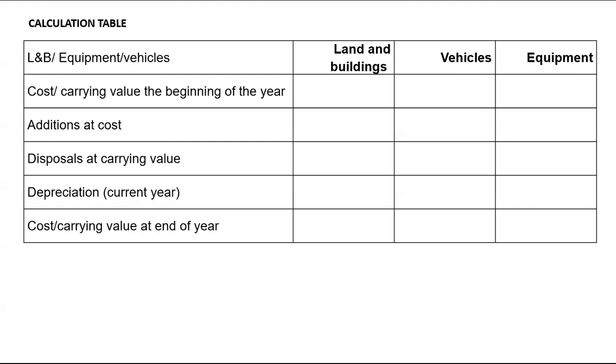I will start with my land and buildings. Land and buildings at the beginning of the year, you will have noticed, was 1,329,120. We don't have additions at cost. It doesn't have depreciation, and no land and buildings were disposed. Land and buildings at the end of the year will be 1,438,980. We are missing that X, which is additions. So you will simply take the carrying value at the end of the year, which is cost for land and buildings, minus cost at the beginning of the year of 1,329,120. And that will give us land and buildings purchased amounting to